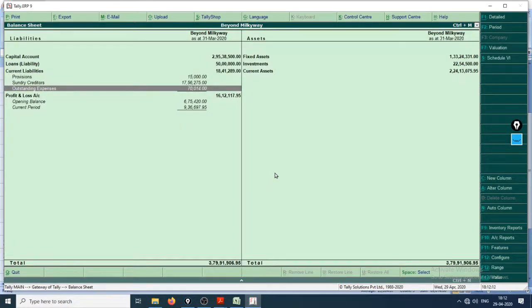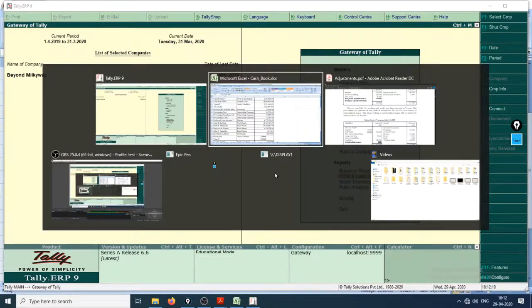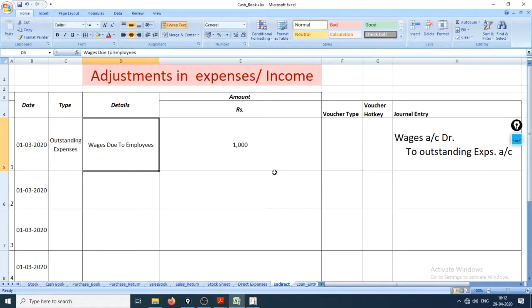One is in the current liability and one is in the profit and loss account. Accepted. This is how you pass the entry off. And one more thing we had to do is update this sheet right here. This is how you pass the entry of outstanding expenses, and now you know the concept of outstanding expense fully. Okay, so see you in the next lecture.